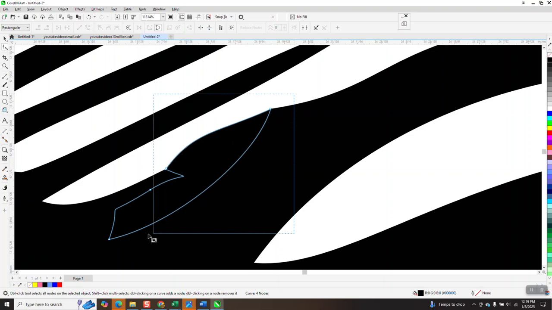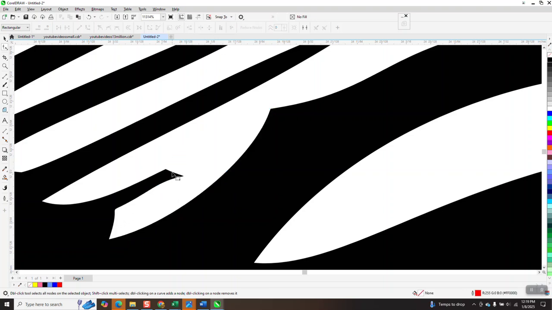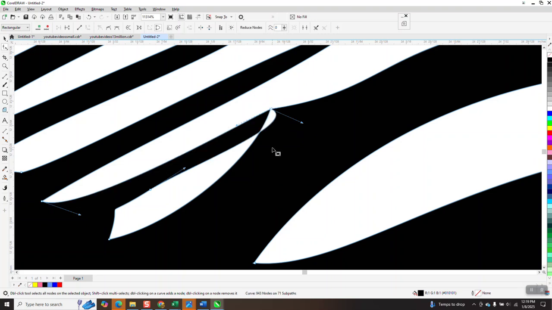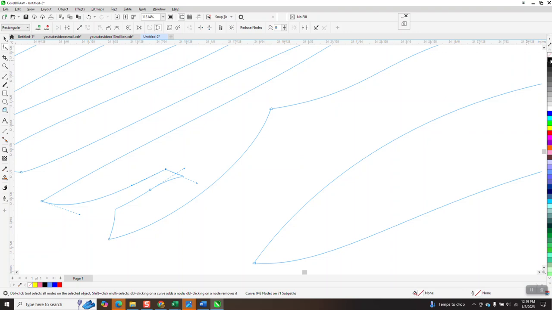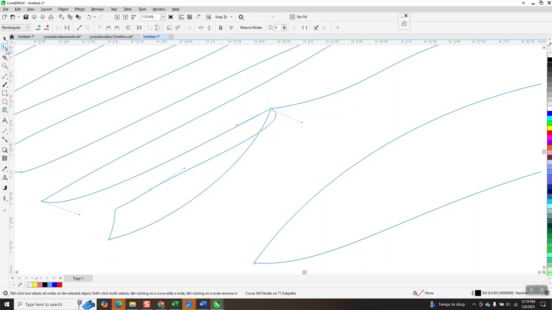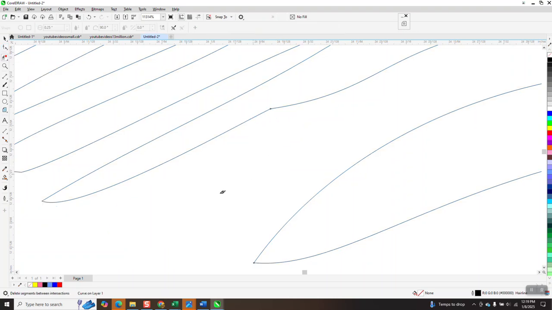So I have to select it all and delete it. And I can correct that by taking this, which would almost be easier when there's no fill, and just move this up here, connect those two nodes, maybe take my virtual segment delete key and delete that set of lines,